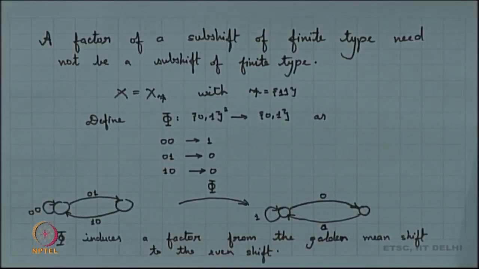Now, think of this factor. So, you have such a nice construction, such a nice computational characterization of some kind of a dynamical system, which is a subshift of finite type, but this subshift of finite type is not closed under taking factors. So, the natural question that comes up is, can we have a smallest set of all shift spaces which also contain the subshift of finite type, but they are closed under taking factors.